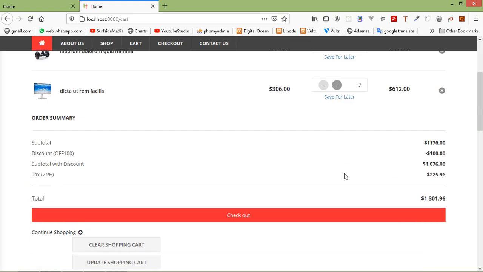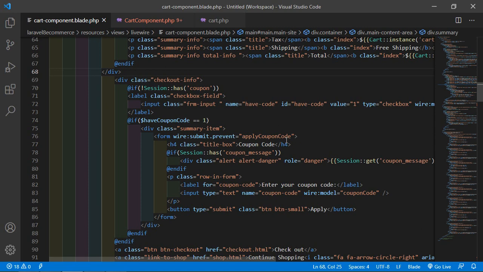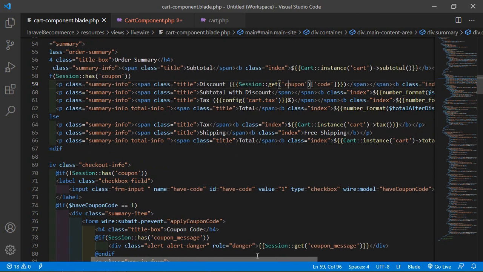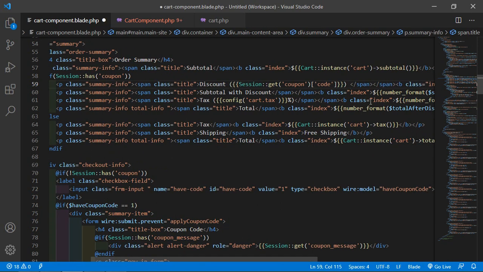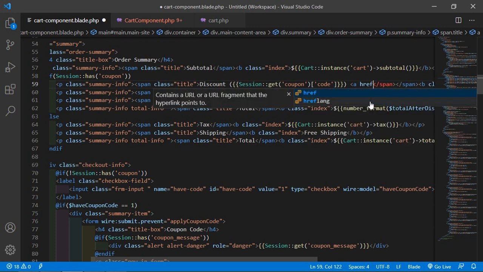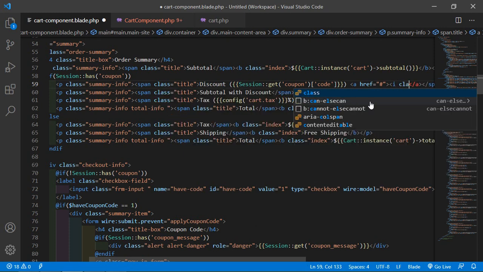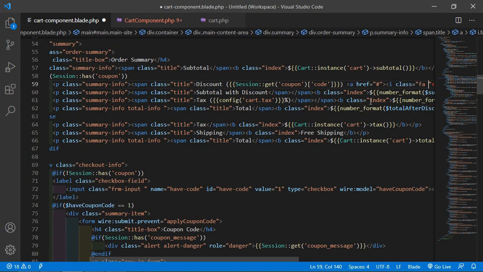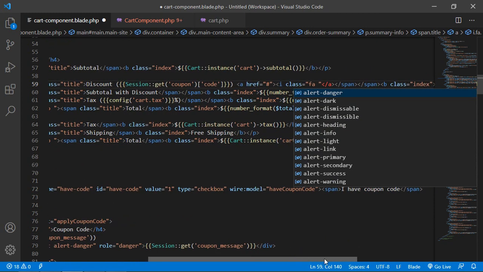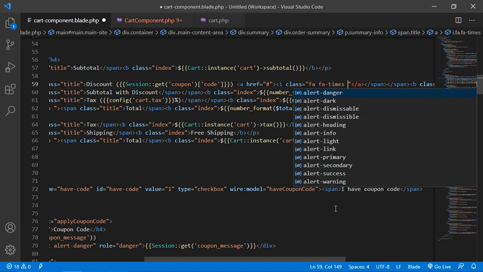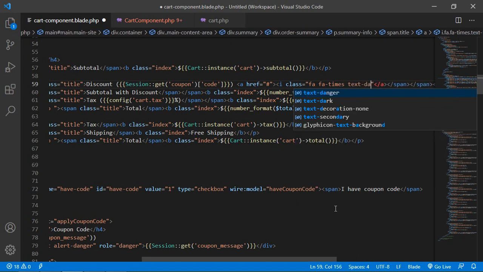So for that, just go to the cart component view file, and after this discount code, let's add an anchor tag, a tag, href equal to hash sign, and inside this add an i class equal to fa dash times, and text dash danger.